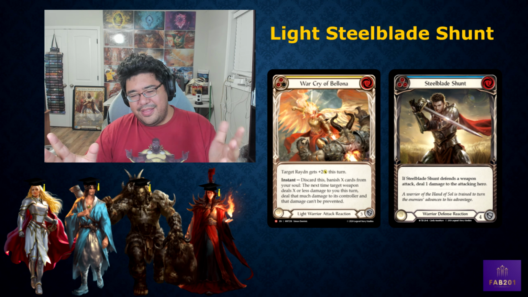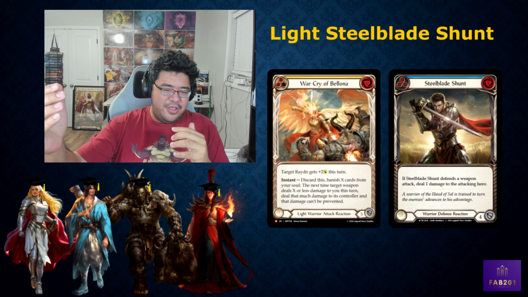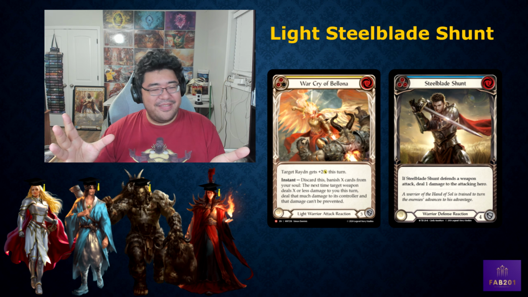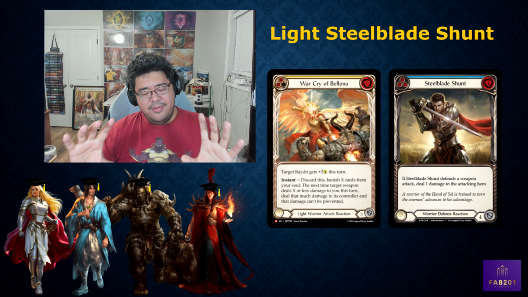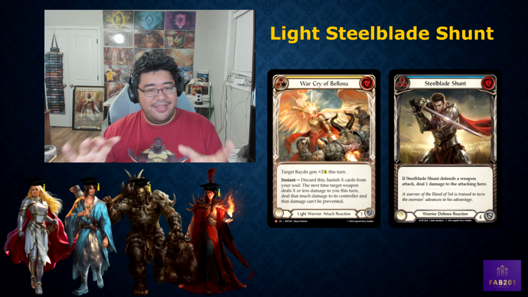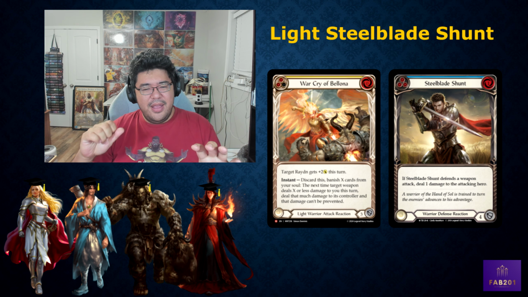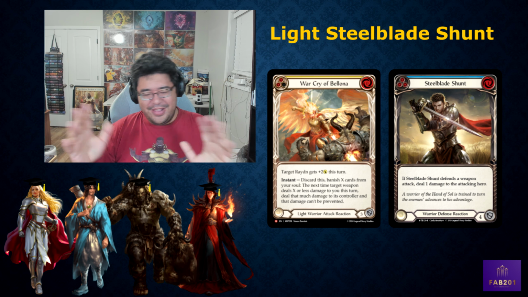But yeah, so that's typically how you're going to use the card. You're going to use this as a soul outlet on weapon attacks and kind of ping them, basically like Steelblade Shunt does. I did mention that this has some fringe cases with flick knives, since it doesn't say target weapon attack, it says target weapon. So if they flick knives you and it's not for lethal, which is kind of a rare situation to happen, you could potentially kill them with Cry of Bellona if they flick knives you, which is kind of a cool